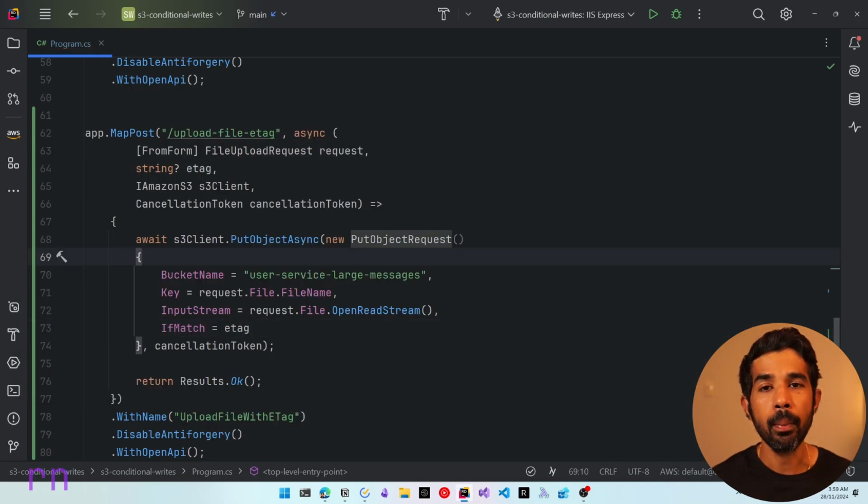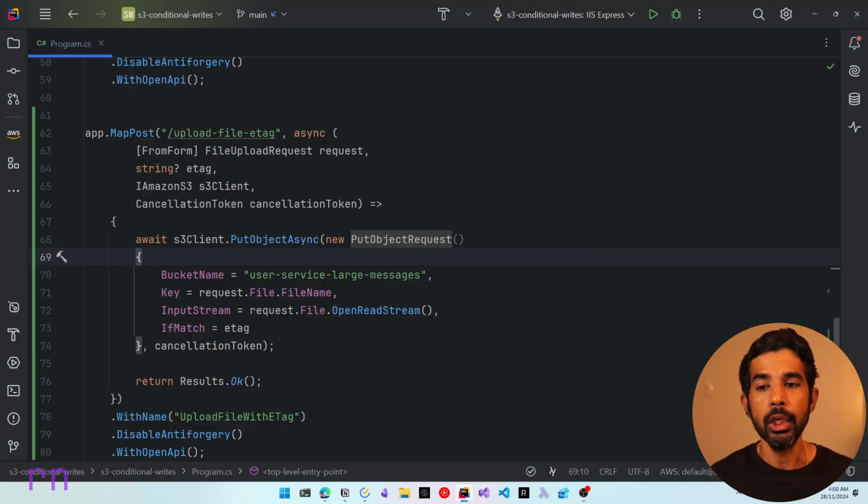Now, anytime you are making an update to the S3 object, you will need this ETag value. So anytime you're getting an object for display for user purposes, you can get the ETag value along with it and pass it along to your UI or wherever you are using it. So when you're posting back the object, you can pass the original ETag value that you got when you read